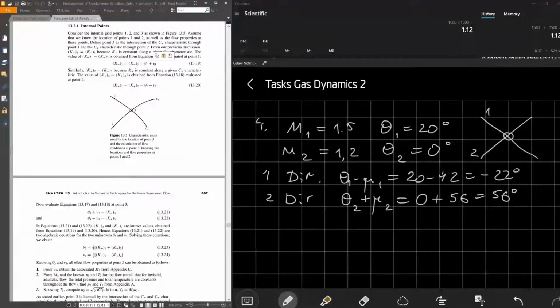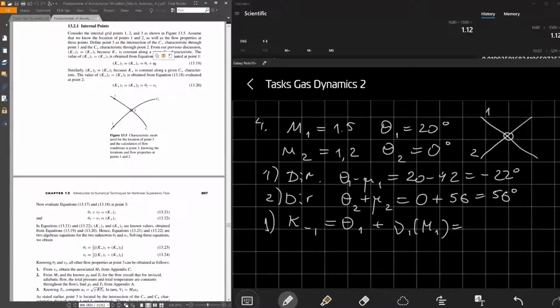So I will go back to my line 1 and will define the K minus 1. K minus 1 is theta 1 plus nu 1, a function of Mach 1. Okay, theta 1 we already know is 20 degrees,